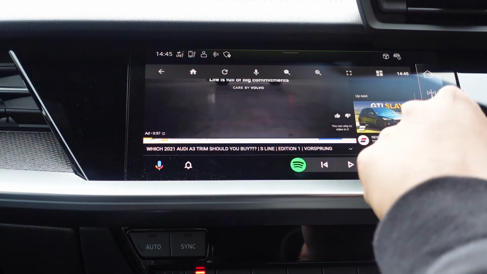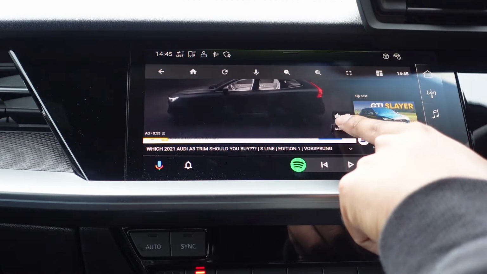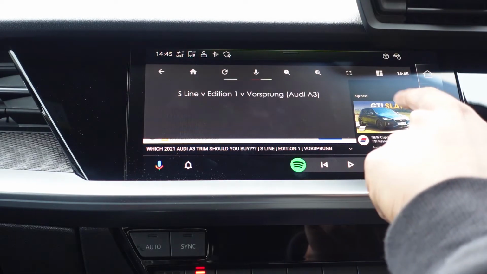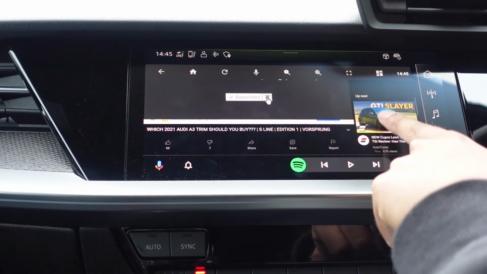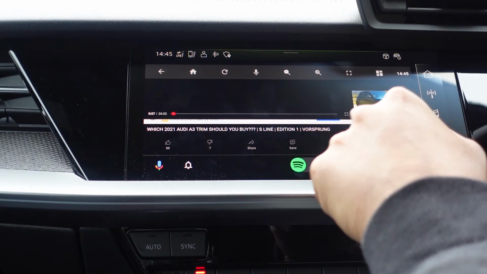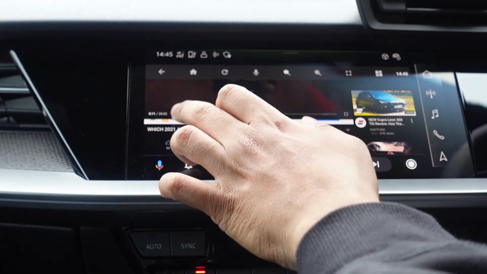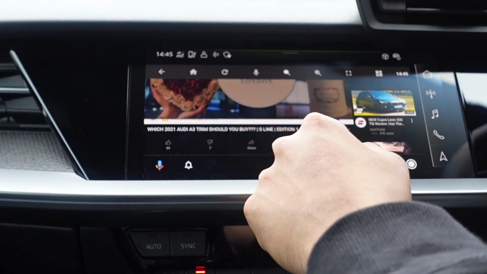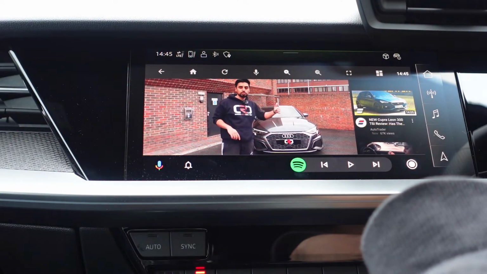You can see immediately it's kicked off an advert, so we'll just skip that. And now what I'll do is pretty much start playing, right? So you can see down here, if I click it, you've got your typical play bar and everything else associated with that coming up. So I can, for example, skip forward and actually use the steering wheel controls to